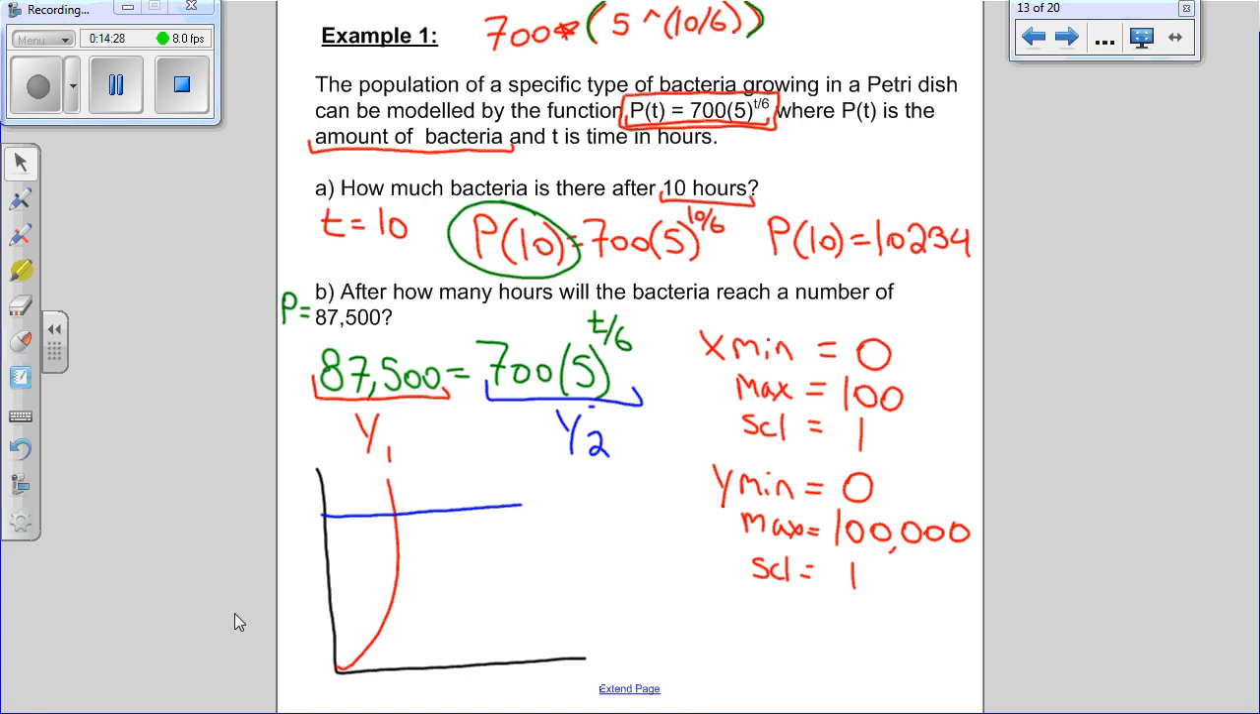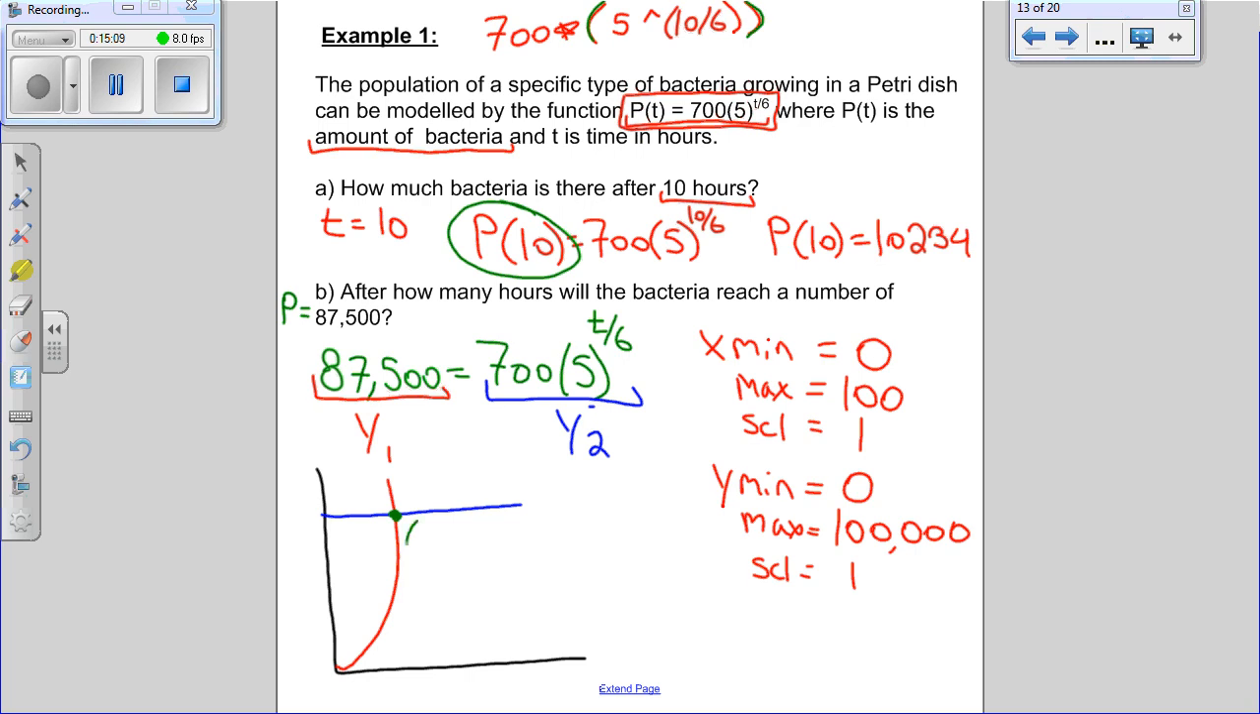What this represents, the red graph represents my growth. You can see how quickly that bacteria grows as time moves on. What the blue line represents is where the bacteria would equal 87,500. And if you wanted to figure out the time when this red graph was at 87,500, you'd be looking for where they cross each other. So you would go second, trace, intersect, which is the fifth option, hit enter, enter, enter, and you get that point is at